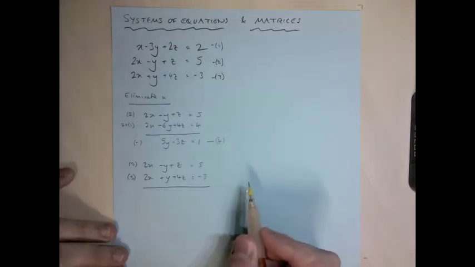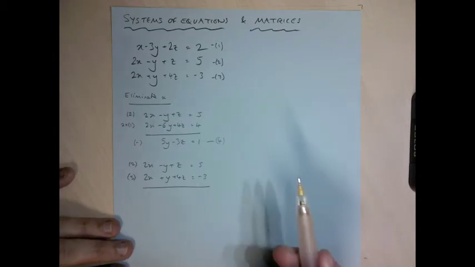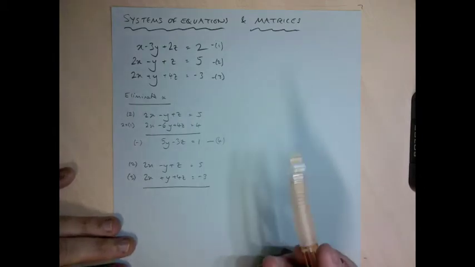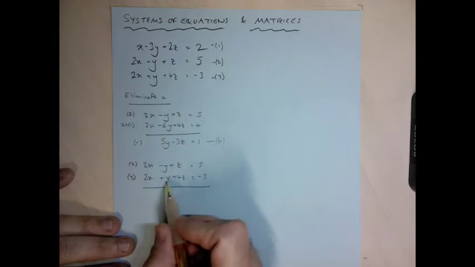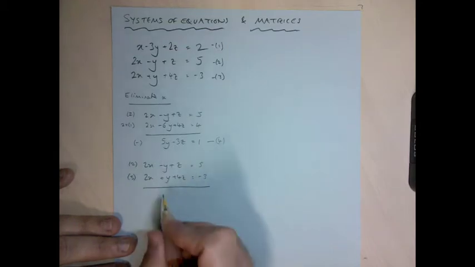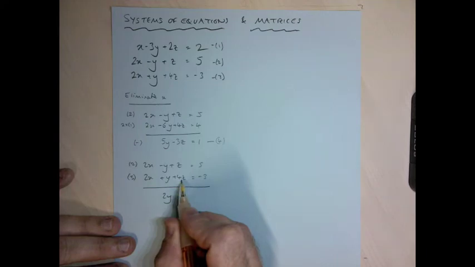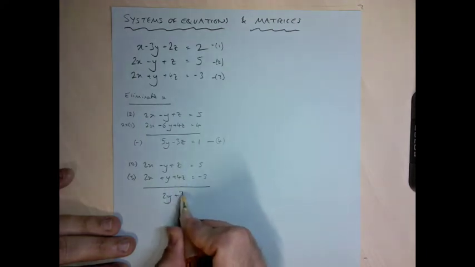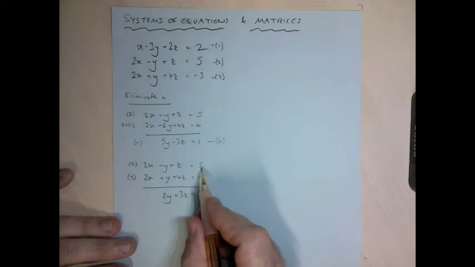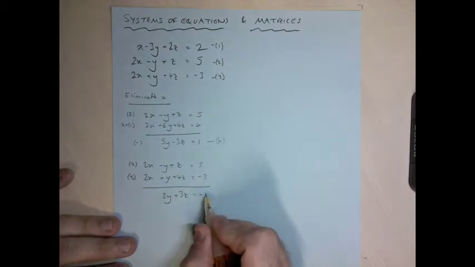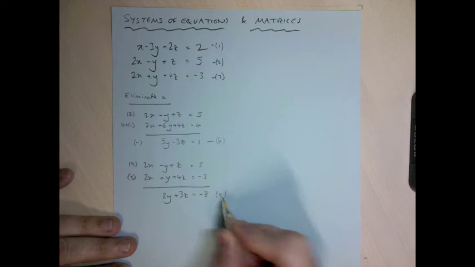I'm going to subtract these. 2x minus 2x is 0. y minus minus y is 2y. 4z minus z is 3z, and I've gone bottom minus top, so I need to do minus 3 minus 5, which is minus 8. Call that equation